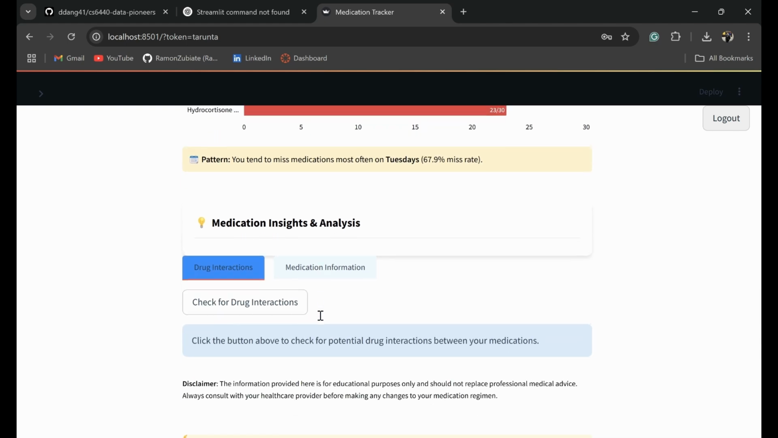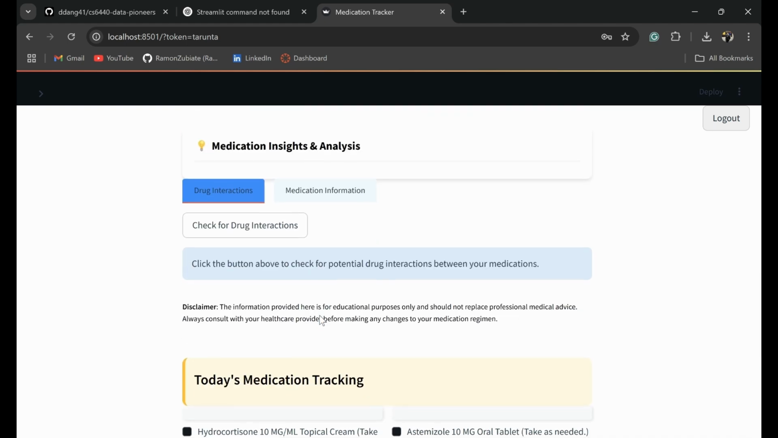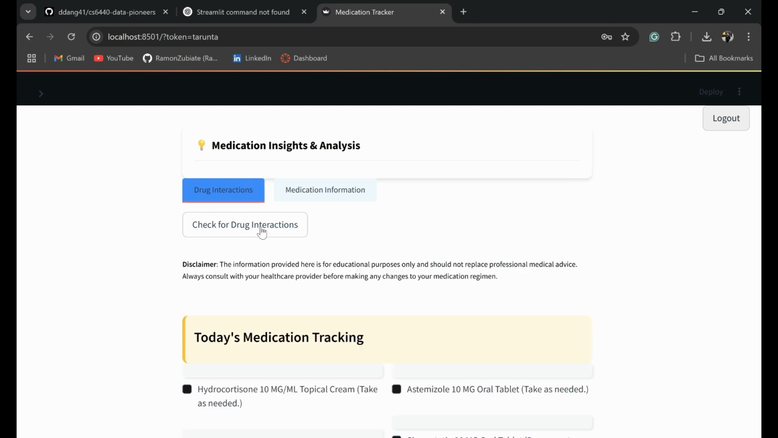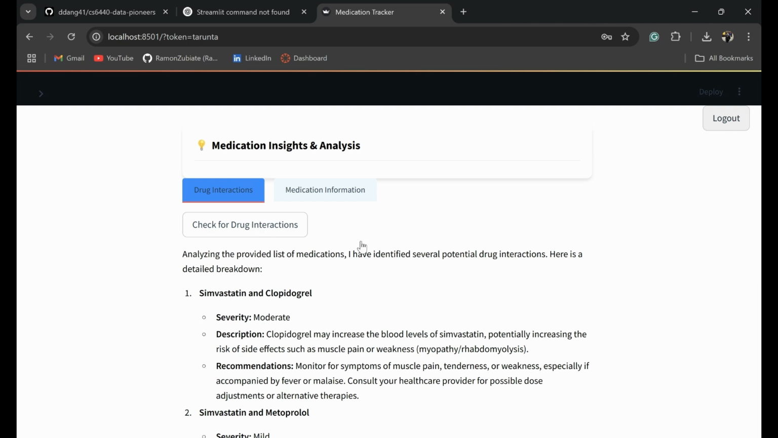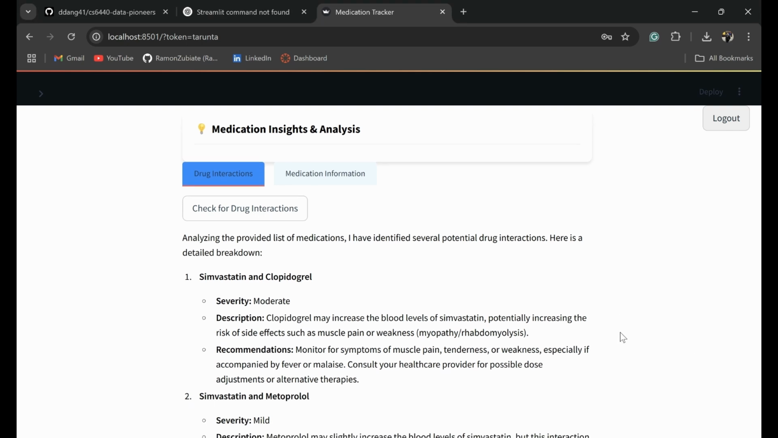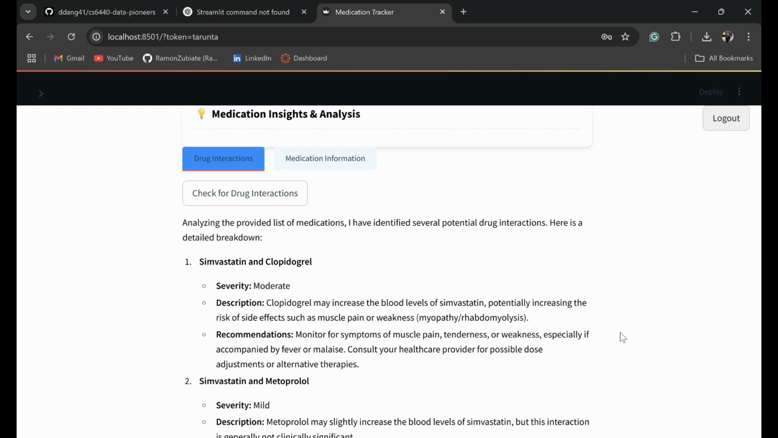And in this section, we're able to generate insights using ChatGPT. So all we have to do is click this check for drug interactions, and this will check the drug interactions between the medications that a user is taking. If we click this, it will send a request to the OpenAI API, which will send the information, the medication that's stored in the database, and it will go ahead and provide medication insights,